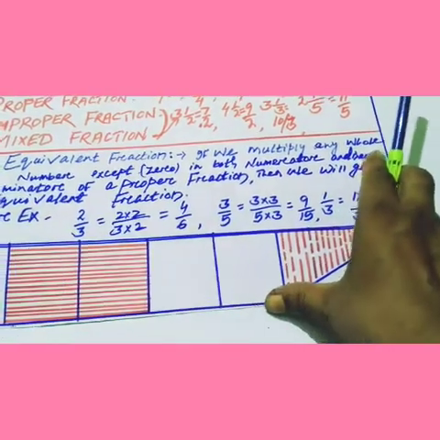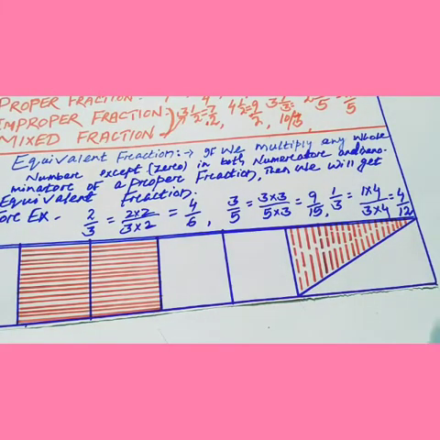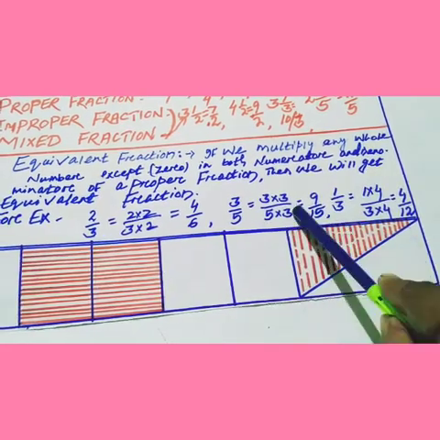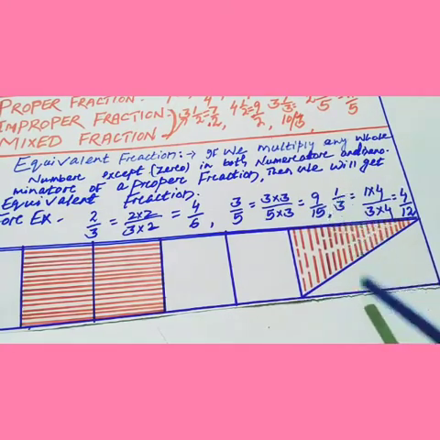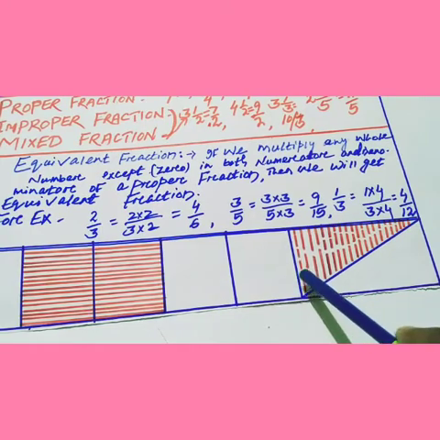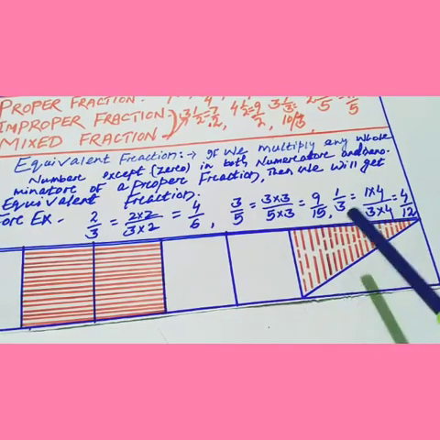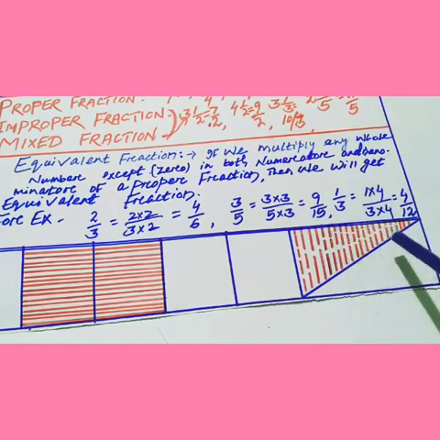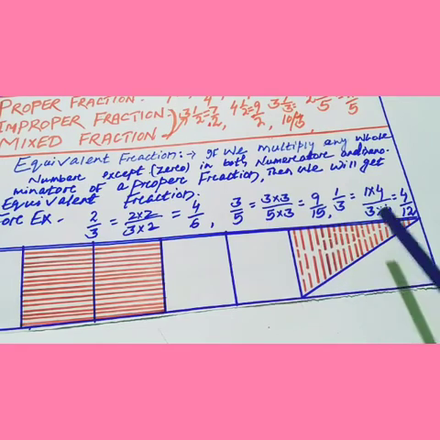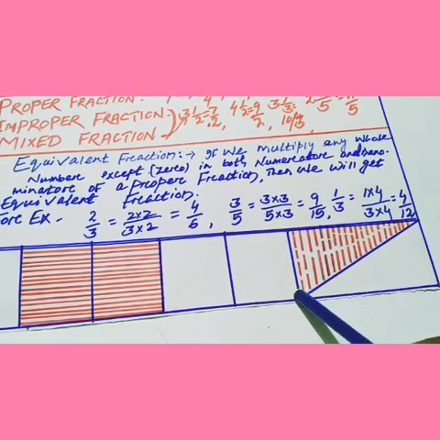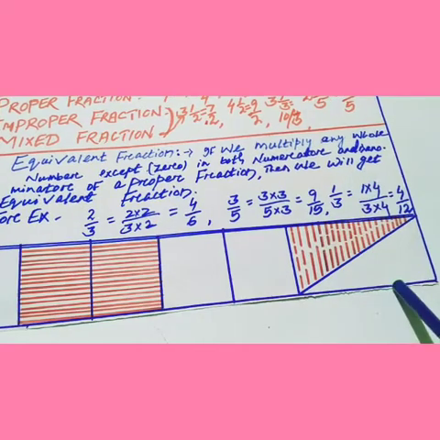So give your attention to this special learning activity by representation with the picture. This is the picture of a rectangle whose opposite sides are equal and each angle is a right angle. So this picture is divided into equal parts. So this part is half of the whole and also this part is half of the whole. So this is 1 by 2, this is 1 by 2.